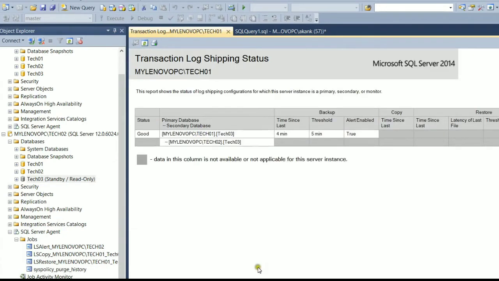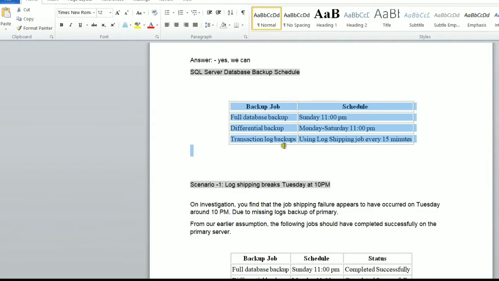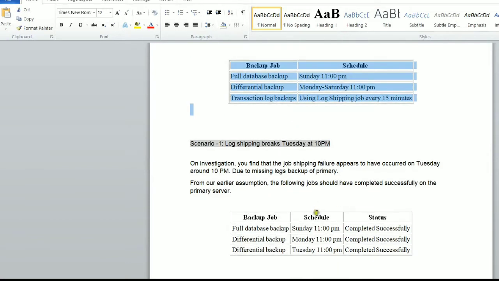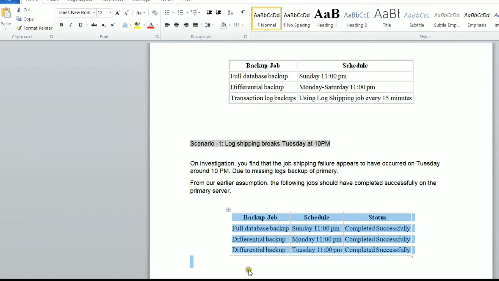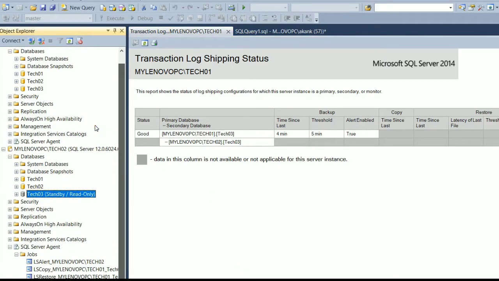So we'll create the issue and then try to fix it. What was the scenario in the last session? Log shipping breaks at 10 p.m. We have this backup strategy, we used the differential backups, and then we tried to fix it. In this session also we'll create the same scenario.